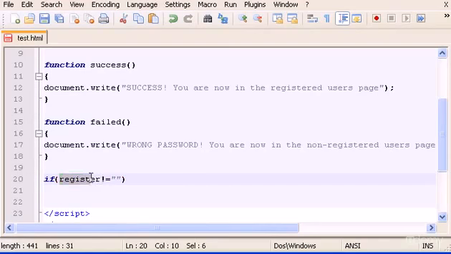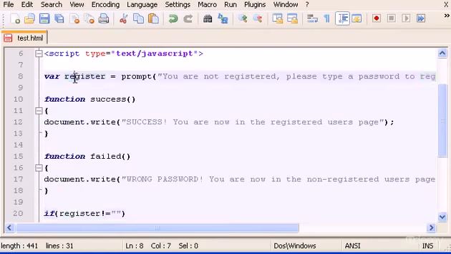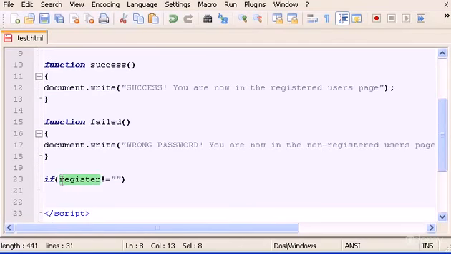So if the password stored in the variable register at the beginning is not equal to nothing, that is like saying that if the password is something, we're going to run this code. If we typed something in the password, please run this code, and the code is going to be another prompt